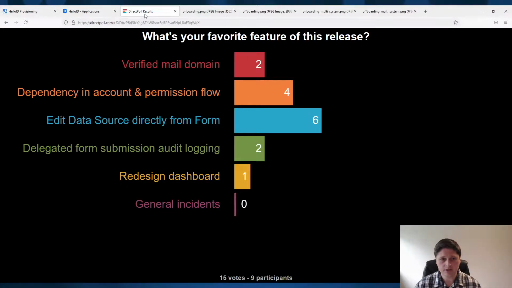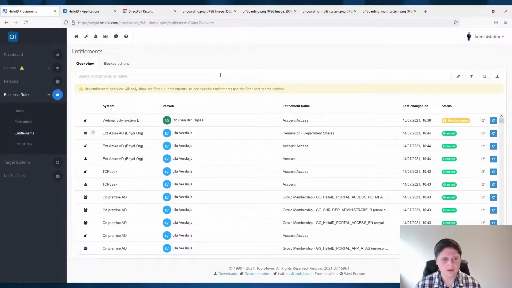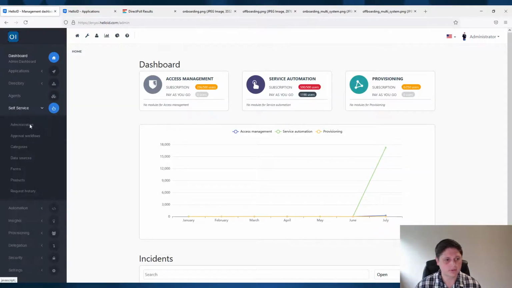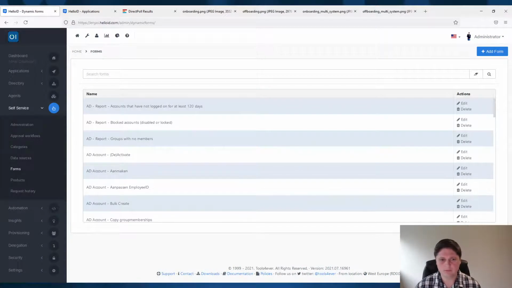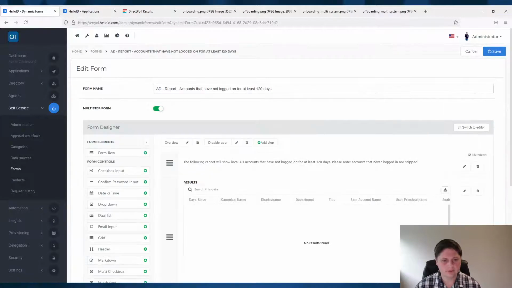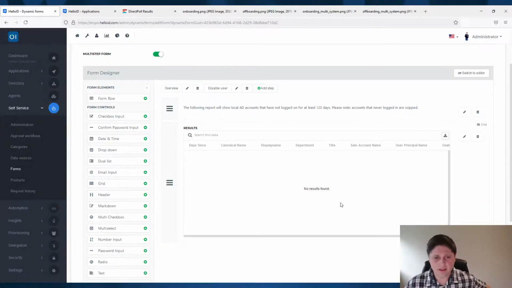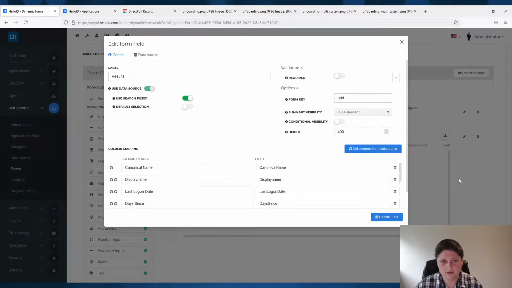Let's go to the edit data source directly, so the one you voted the most on. And what we have here is, if we go to the admin portal and we go to the forms, and let's pick one randomly. So let's go to this one, first one. I will have a table here with a data source. And if I go to this one and change it, we have a new option here, data source. And it's only enabled when you use data source. So if I do this,